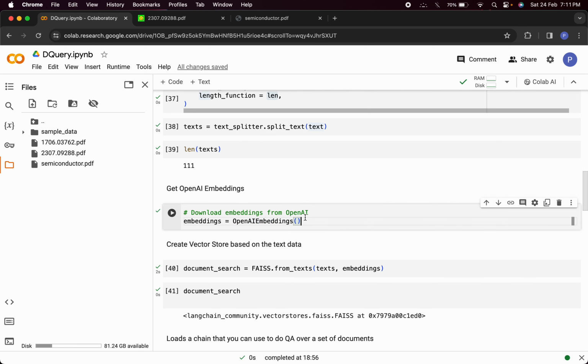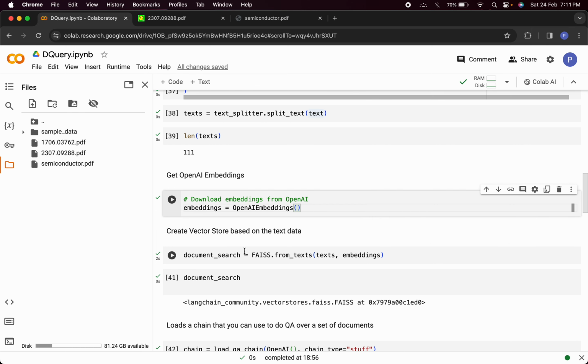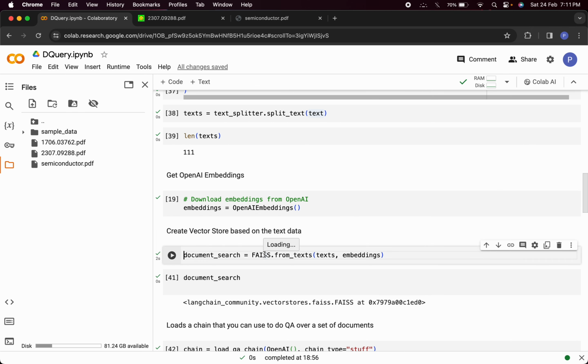Now here, using the OpenAI embeddings, we will download these OpenAI embeddings first, and then we will perform a document search. So here what we are doing is calling FAISS dot from texts, and we are passing parameters as text and embedding.